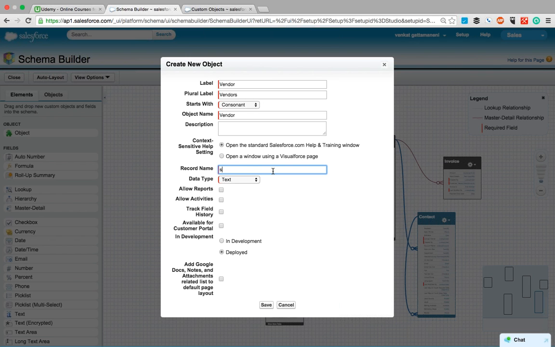I can take anything, but anyway, I want only vendor name. Again, I want the data type as text. Text means you can enter only text values. What is the record name? How is the record name different from the label? Yeah, record name means especially